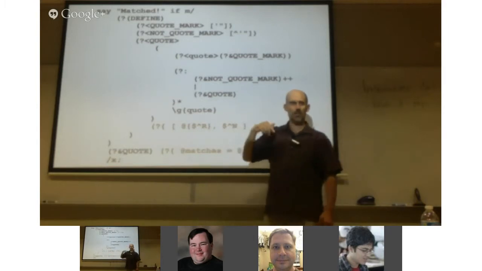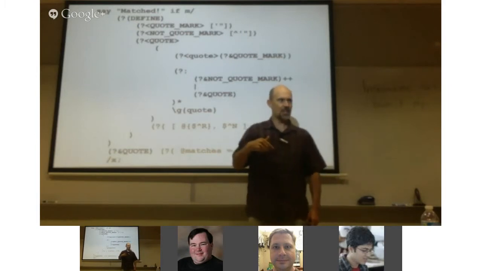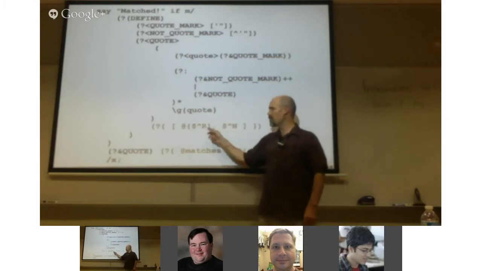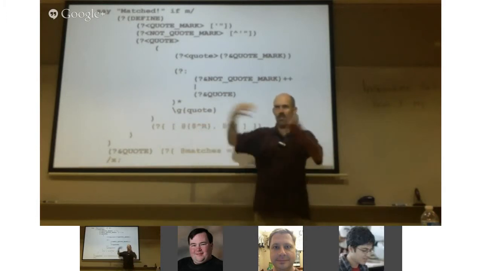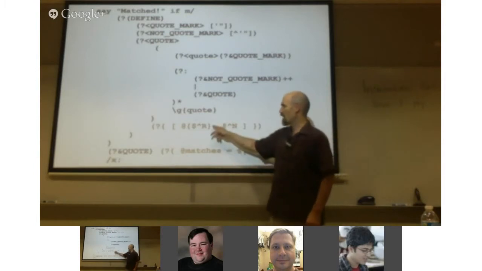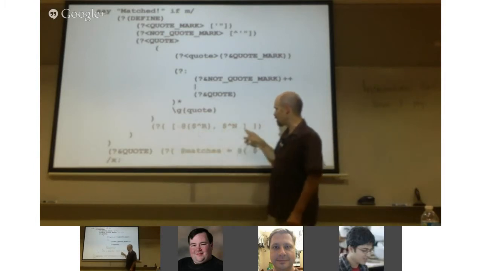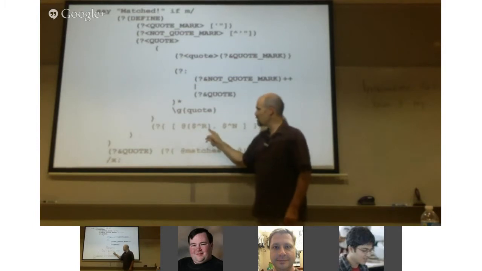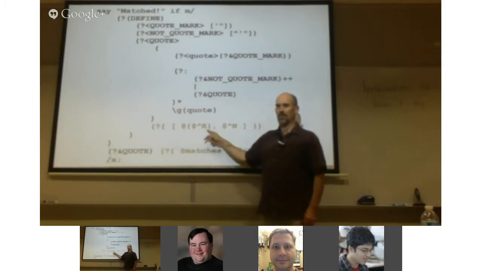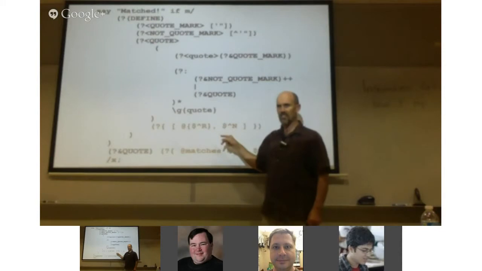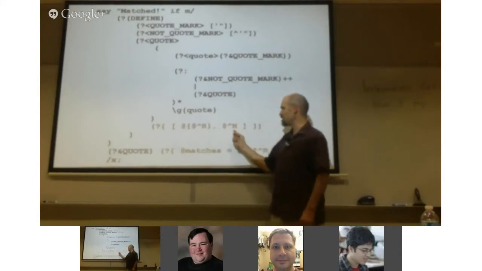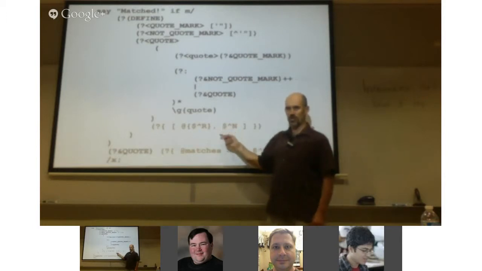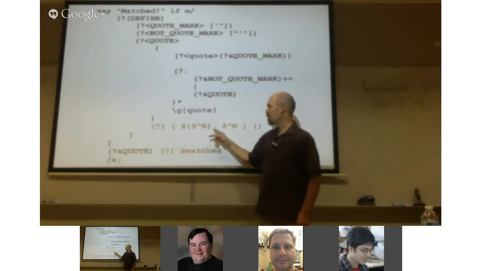So this is where Randall is building up his data structure. Every time he got to run one of these, he was putting more stuff in here, and he was unrolling the stuff that was already in there to work it into the data structure he was building. So what I'm going to do is make an anonymous array. There are my square braces. And I'm going to expand this as just a regular array to get its elements out as a list. So now I have this flat list, and I just have this $N on the end. That's sort of like doing a push, just putting an element on the end. Not the most efficient way to do this, but it's working out.